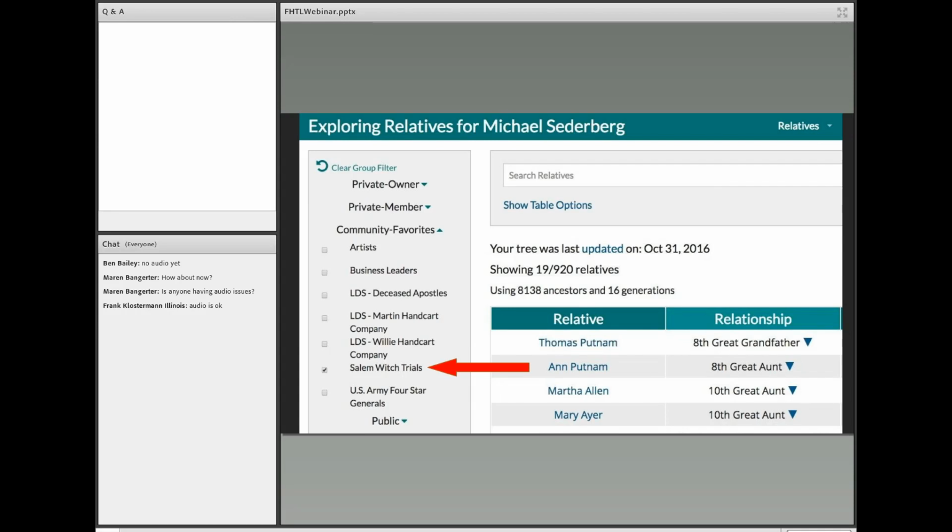Eighth great-grandfather, eighth great-aunt, and if you click on the link to that, you can actually show exactly which ancestors connect you to that particular person. So here's, for example, somebody from the Salem witch trials, and you can find out which person that particular relative is. I'm just going to try to take a look here at Ann Putnam,